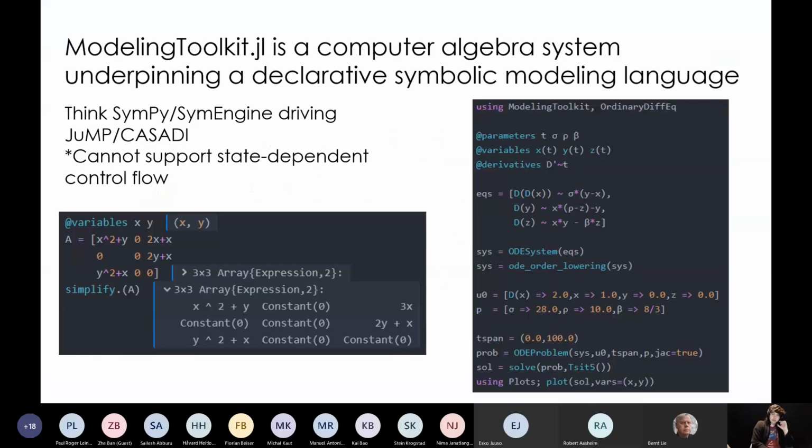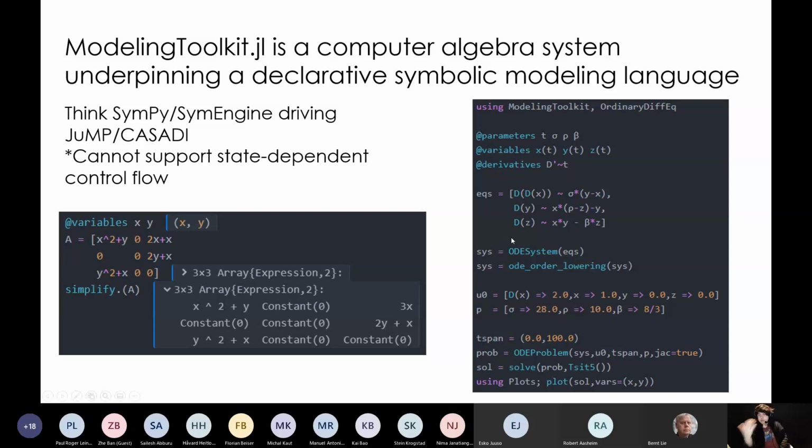Well, you can first think about it as being something like SymPy or SymEngine or Mathematica, right? So it's a full symbolic library. You can define equations inside of a matrix. You can simplify equations, right? And so in some sense, it is kind of like SymPy or SymEngine or Mathematica. It is a symbolic simplification rule library with a lot of symbolic tools that you have available.